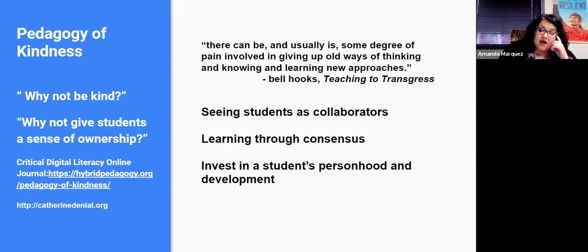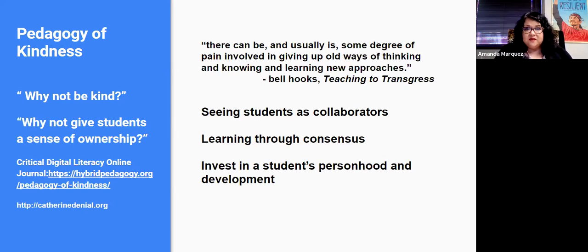And so I included the quote from bell hooks's piece, Teaching to Transgress, because in the process of employing this pedagogy of kindness, as the instructor, you're making very specific choices about how you're delivering your content, and how clear your students are about the expectations. And sometimes that stuff can be kind of fixed, and it needs to be shifted a little bit to meet your students' needs. And so that can be a little bit uncomfortable for a faculty member.